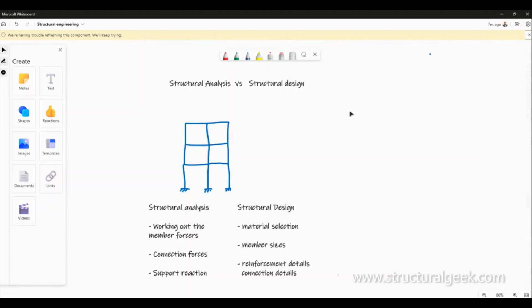This is structural analysis versus structural design. What we do in structural design and structural analysis is what we are focusing on in this particular module. Structural analysis is the very first thing that you do in any structural engineering project. So let's say for a given structure that you have over here, what do we do when we do